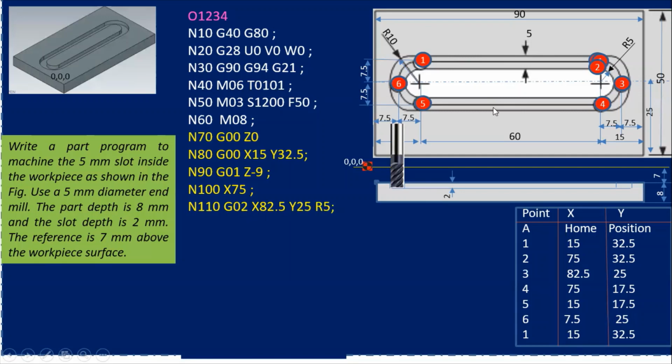और वहां हमारे पास अब मुझे कोऑर्डिनेट्स 3 के कोऑर्डिनेट्स लिखने हैं. मेरे 3 के कोऑर्डिनेट्स कितने हैं? 3 x 82.5 and y 25 with a radius. How much radius is given here? Radius is given 5. So I have to write R5. Okay. So wherever there is a curvilinear motion, or curved path, at that time you have to keep in mind, you have to write the G02 or a G03 according to the clockwise and anti-clockwise direction. Okay. So here G02 is the clockwise direction. अभी यहाँ से 2 to 3 it will move.